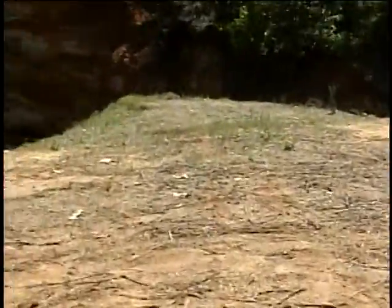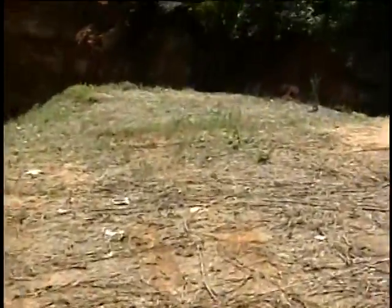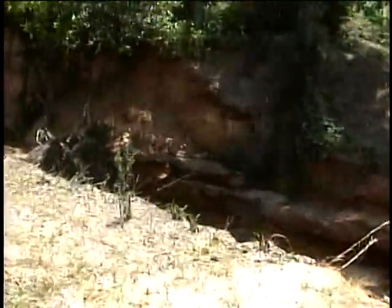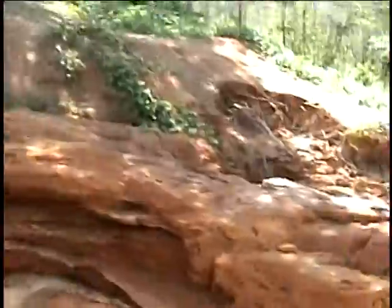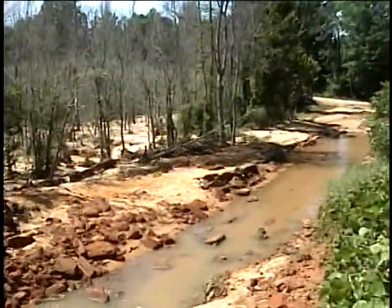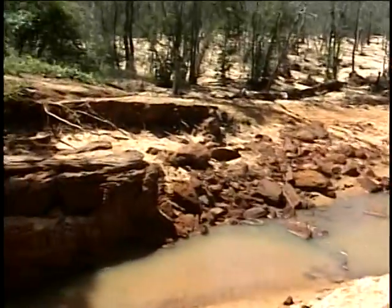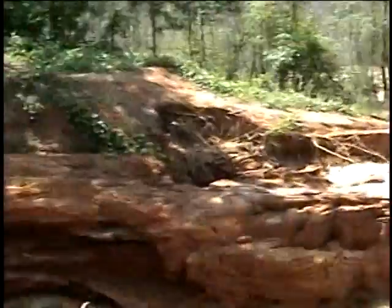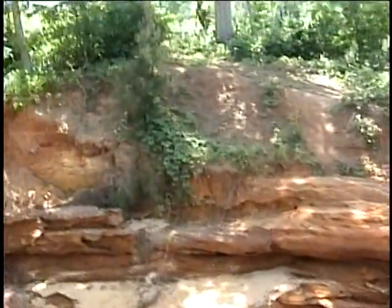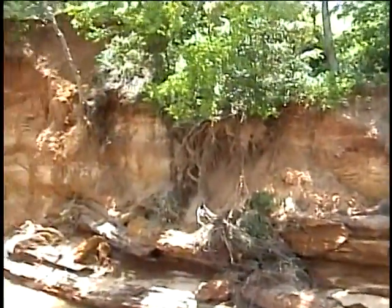But here we are, almost back where we was a few minutes ago, except on the other side. The only way to get on this other side was to go to the other side of the levee and walk down the levee. So let's get a little peek down through here where we came up a while ago. I'm afraid to get too close to this edge. It may break off. I can't really get the water flow. Come on up here and maybe